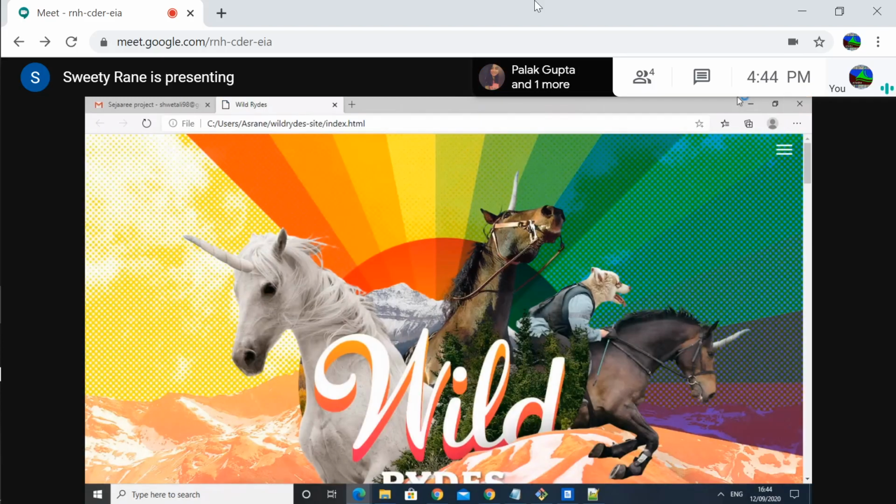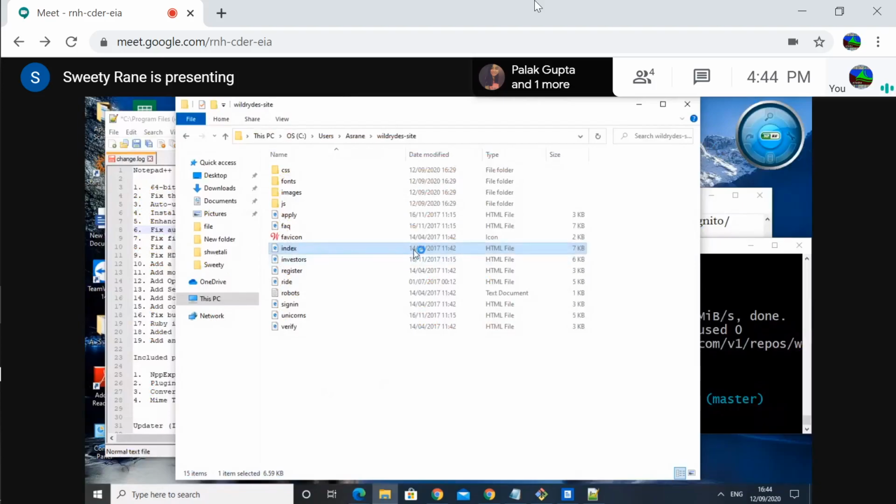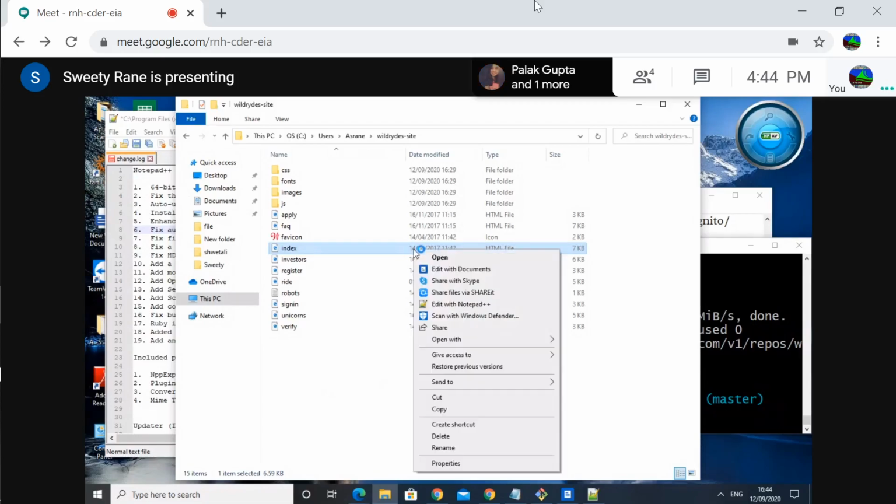I'm getting a feeling you don't spend a lot of time in computer coding and using files. A lot of little tricks which you're not aware about. Edit with Notepad++. No, hold on, Shwetali, edit with Notepad++.